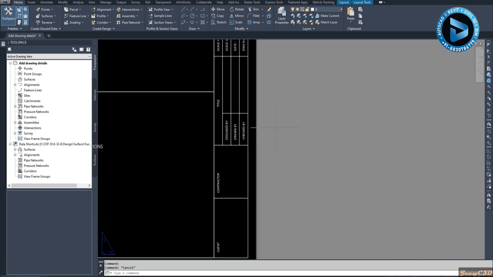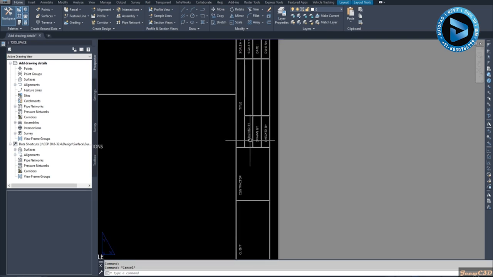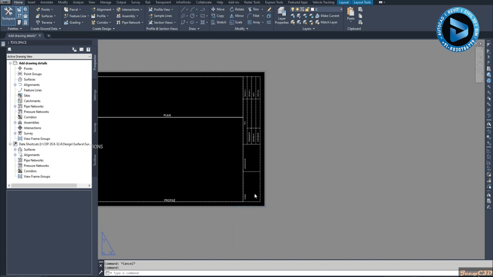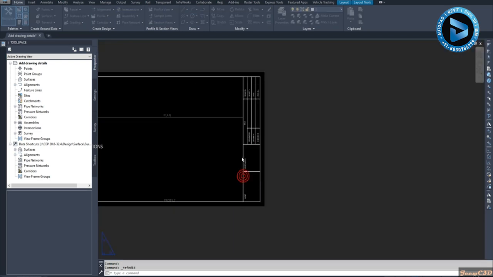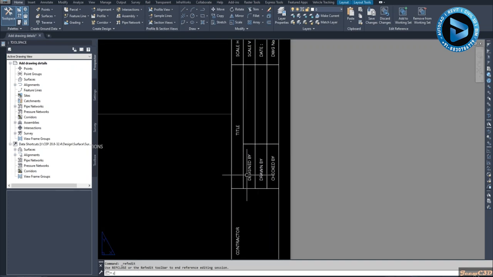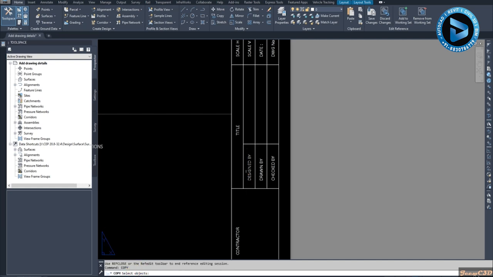Now what I am going to do is I need to update these details in my title box. So to do that, I click here, click the title box block, right click, then go to edit block in place. So it will let me edit the block while the others are in place. So I will get a copy. I type copy in my command line, press enter. I will select this object to copy, and as the base point I will select this one. Then I paste